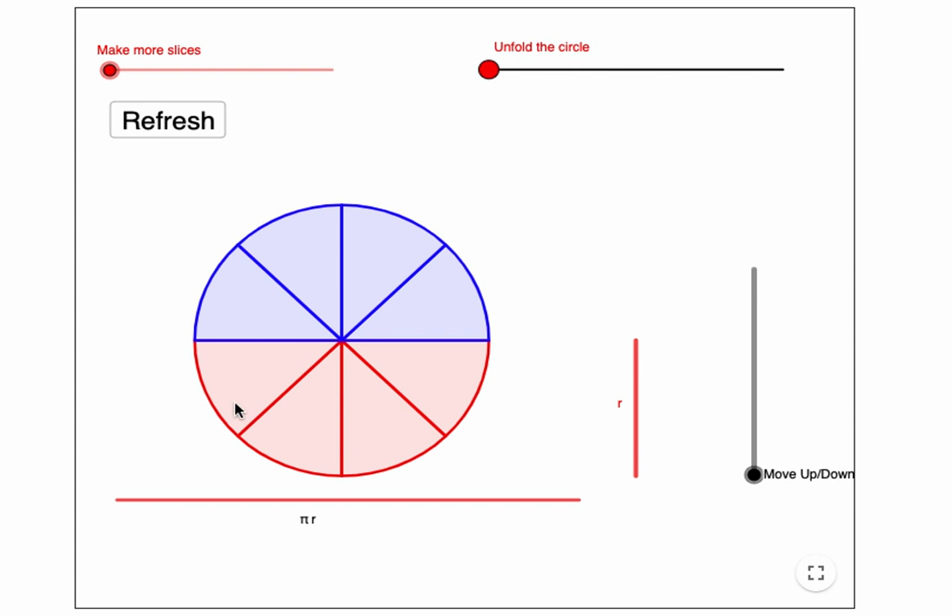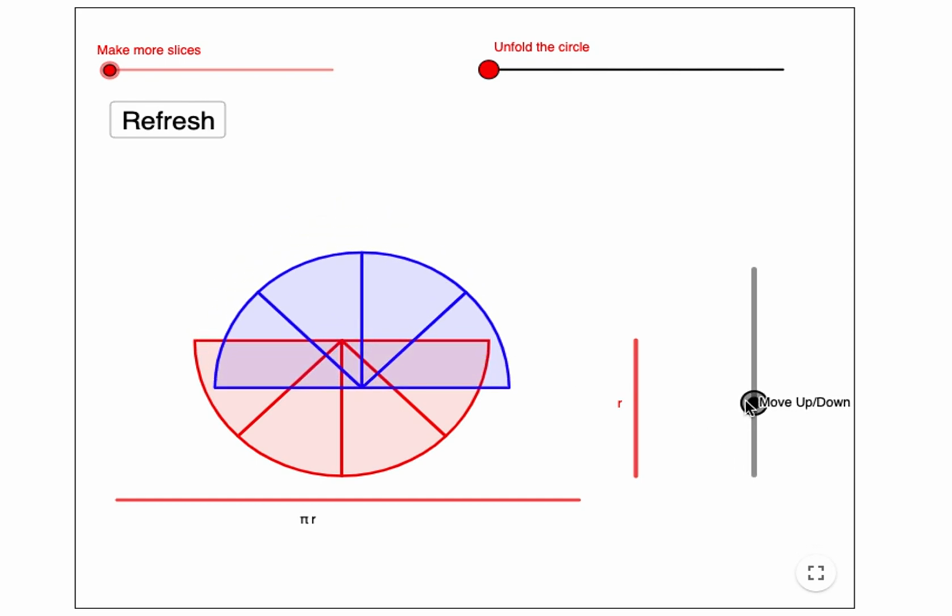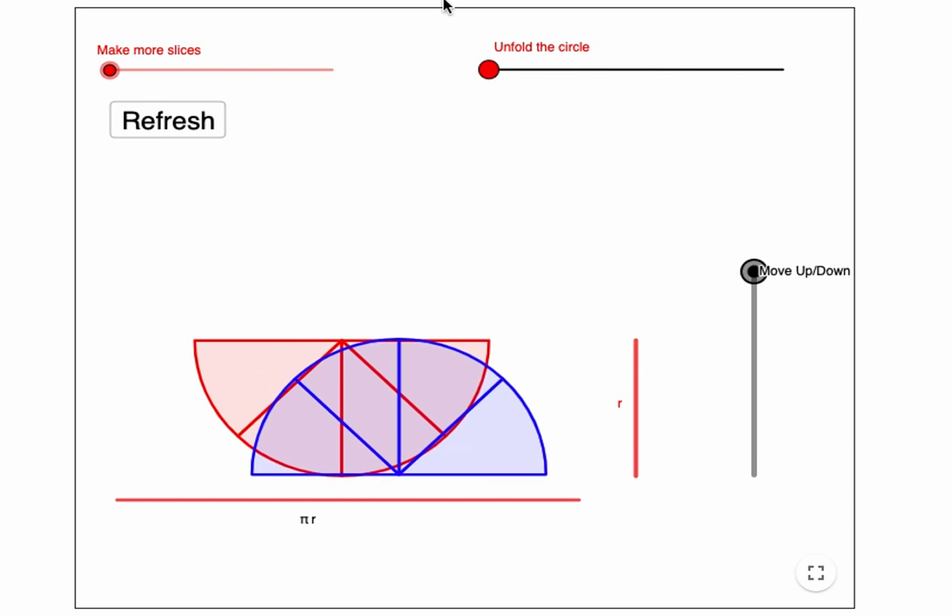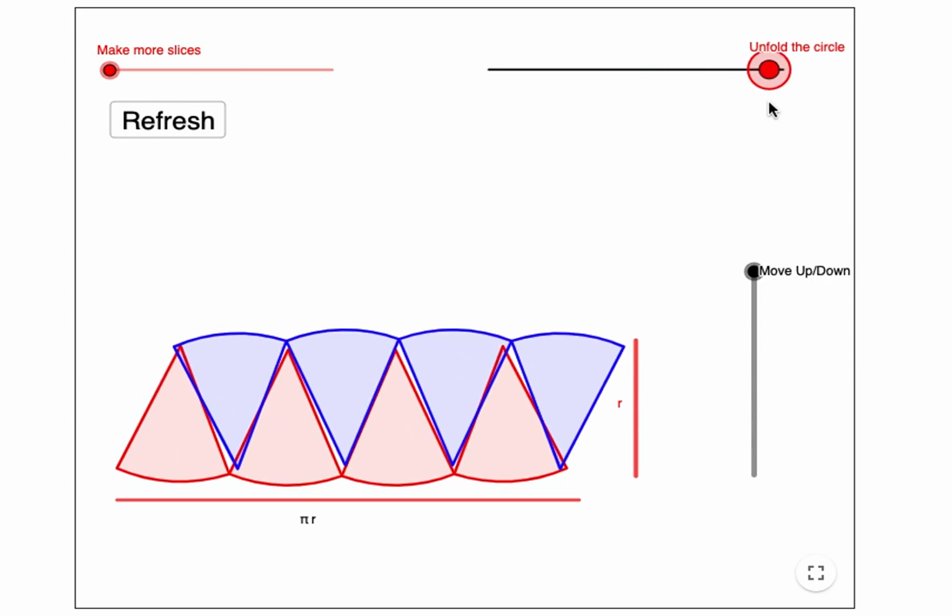It is 2 pi r. So if I take only half of it, the red part here will be pi r, right? Half of 2 pi r is pi r. So the length here is pi r, and the height here is the same as the radius. So I put r there, right? And what I'm going to do is cut this circle in half and open them up by these sectors. So as you can see, I can move this down here, and I can unfold the circle up, and